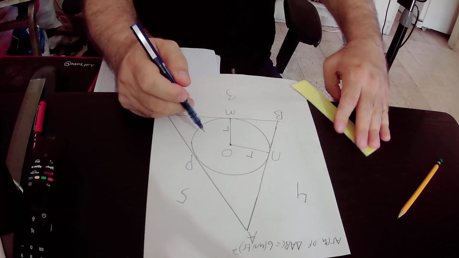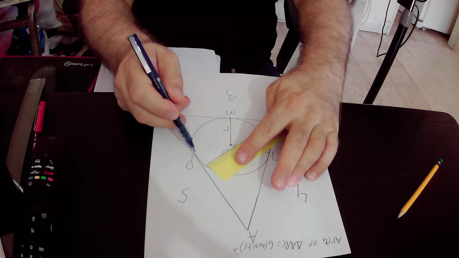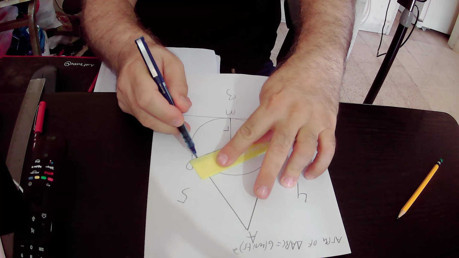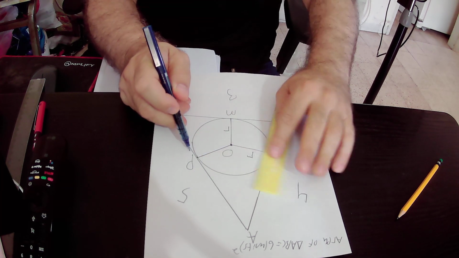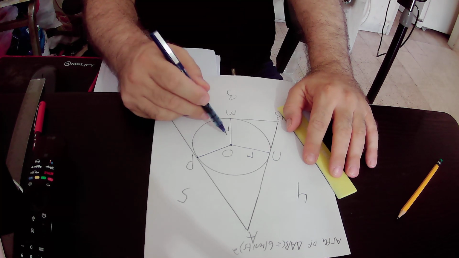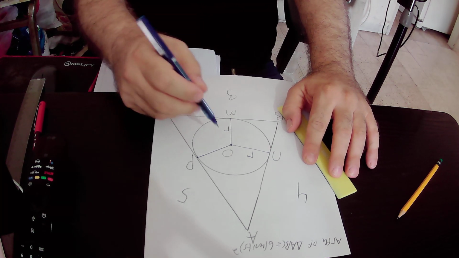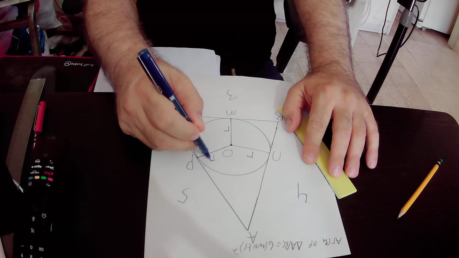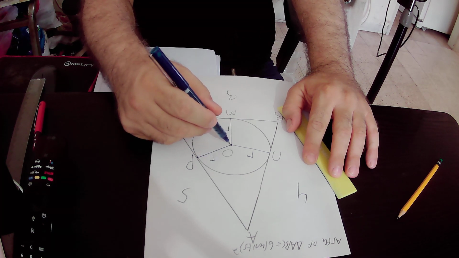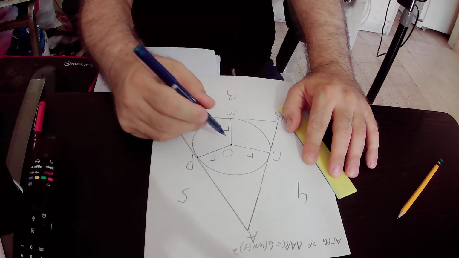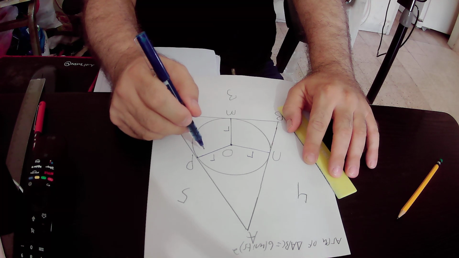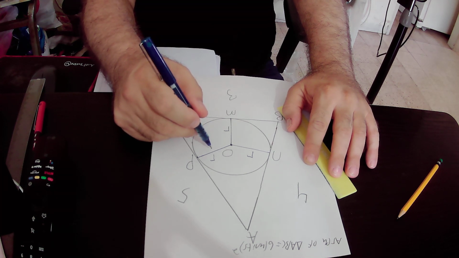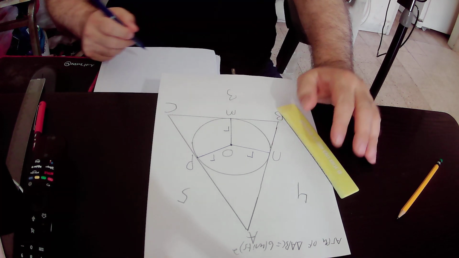We will also connect together points O and P by a straight line. Again, line segment PO is the radius of this circle. I will mark it as R because it starts from the center of the circle, that is to say, it starts from point O and ends at point P, that is a point of the circle itself. For that reason, line segment PO is the radius of this circle. Okay,